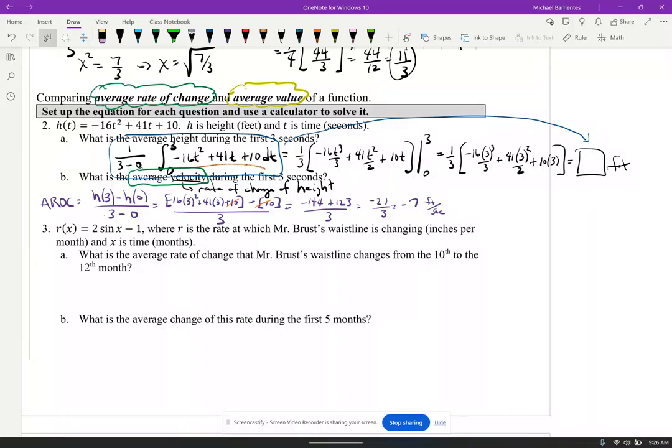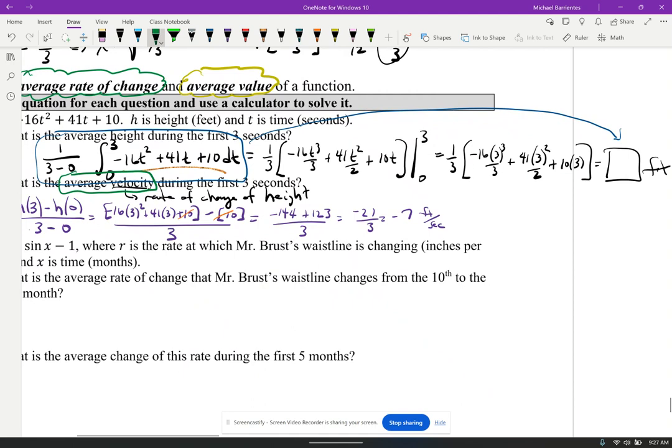Before I go on to the third example, I do want to bring up 2 points. The first point is always read the directions, because if you read the directions, it says set up the equation for each question and use a calculator to solve it. So when I did letter A, I did the whole fundamental theorem of calculus step, which is not bad because